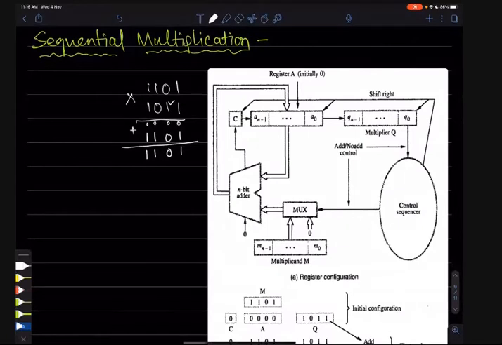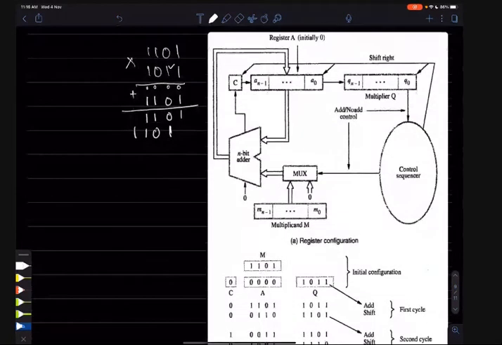The next bit is 1 means we have to copy 1 0 1 1 to the output, but actually we will copy from this place. So obviously there is a shift operation here. You can understand that there is a shift operation here, and then we are doing the addition. So this is the output.